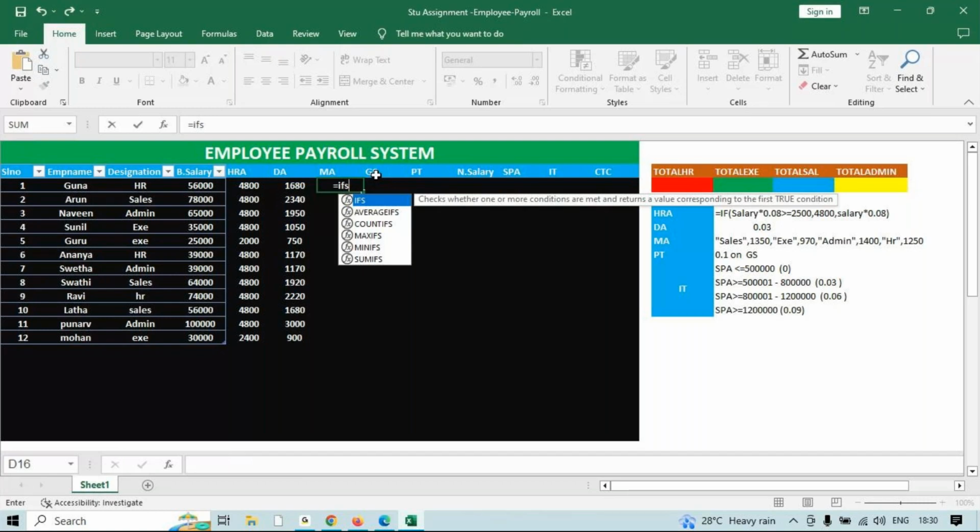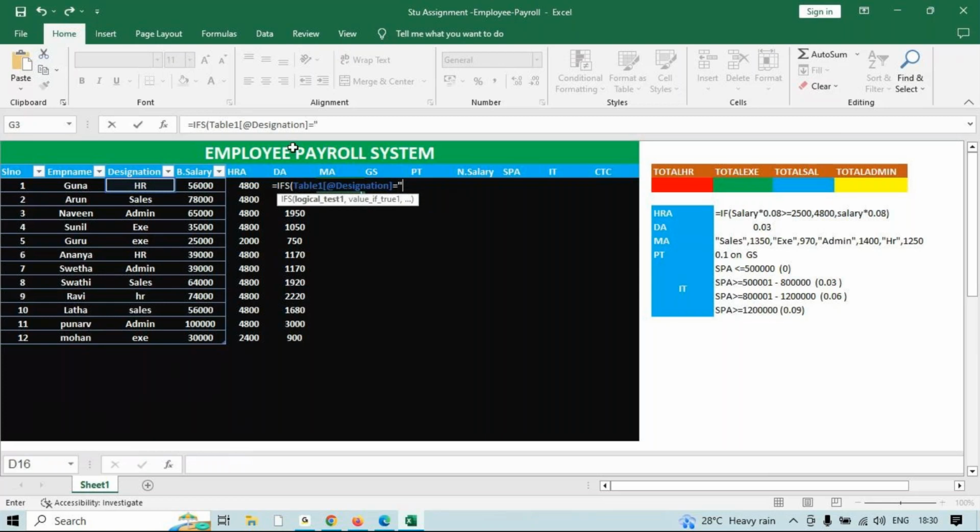We are not going to enter false, because in the formula itself there is no pattern to give false conditions. So, as the logical test, if this is equal to sales, then the value if true is 1350, comma,